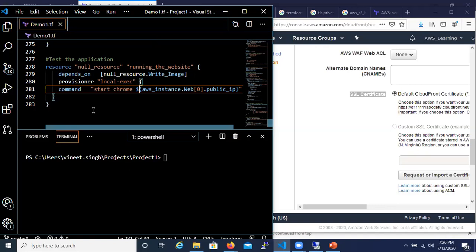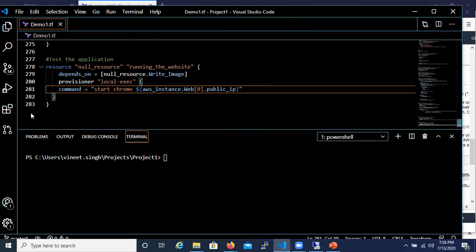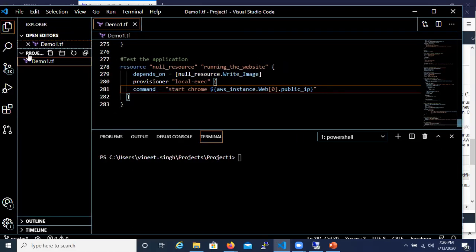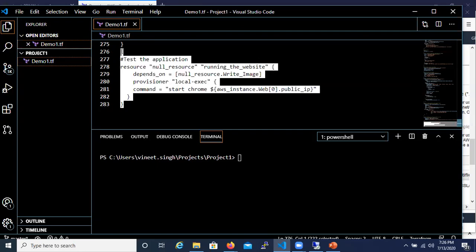So now in order to deploy it, at present, if you see, I am inside my project one folder, and this is my demo1.tf file. So always, whatever code that you have written, we need to always save that with the extension as .tf. You can give the code file any name that you want.